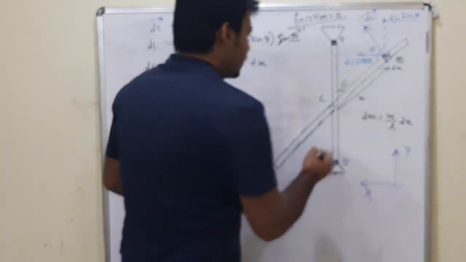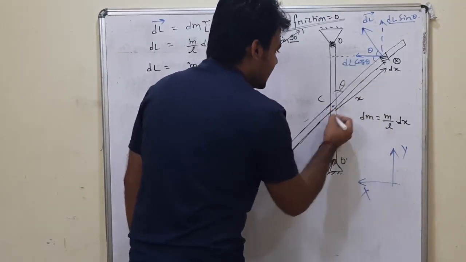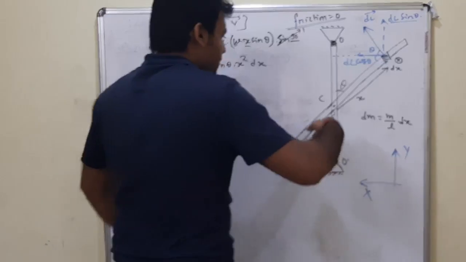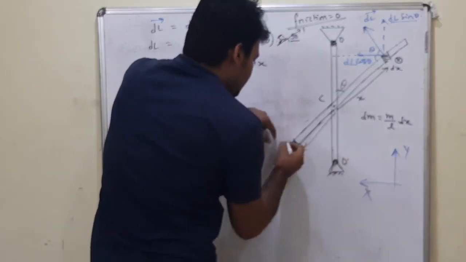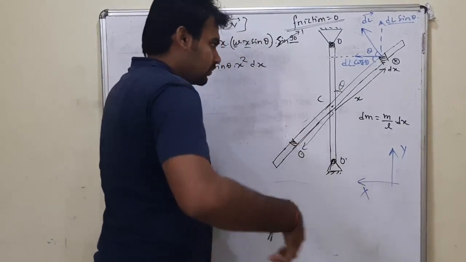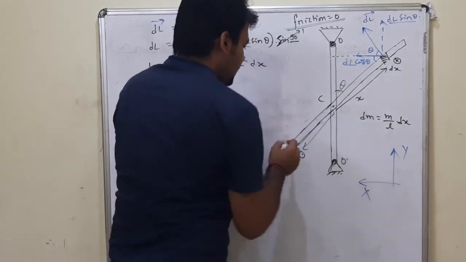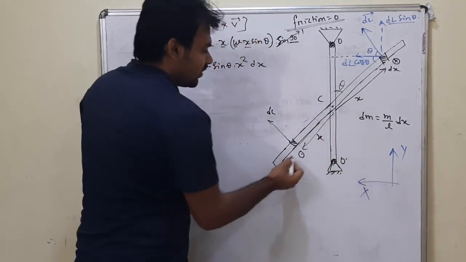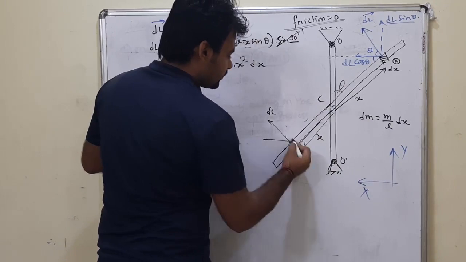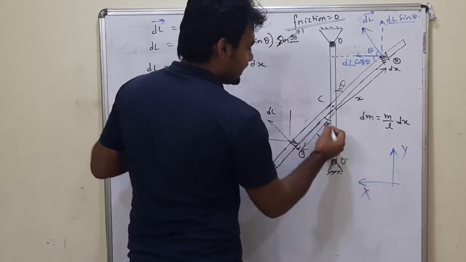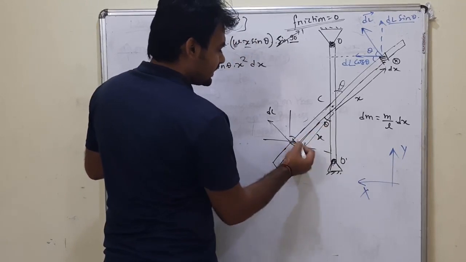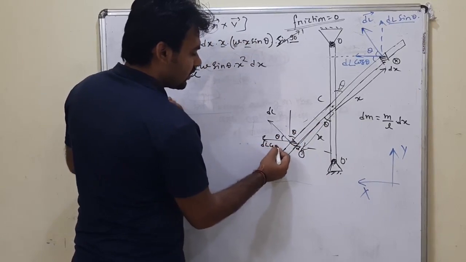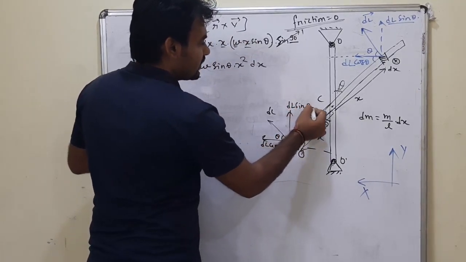Okay, one more thing: if we take the element on the other side of the rod, you can think the same things will happen. Like this is the r vector, but this time the element will be moving in this outward direction. It will be coming out of the board. So it is r cross v. This time the angular momentum direction will be in this way. Okay, this is the dl. I am taking again at a distance x a width dx for this element. So you can see if this angle is theta, this angle will be theta, and this angle is theta, then this angle will be theta. This is 90 minus theta, and this will be theta. So it will be dl cos theta, and this will be dl sin theta.